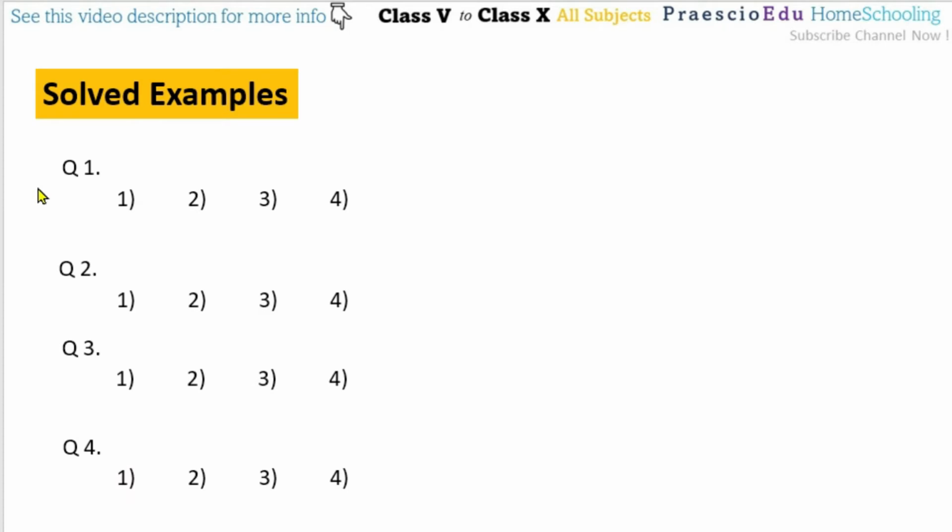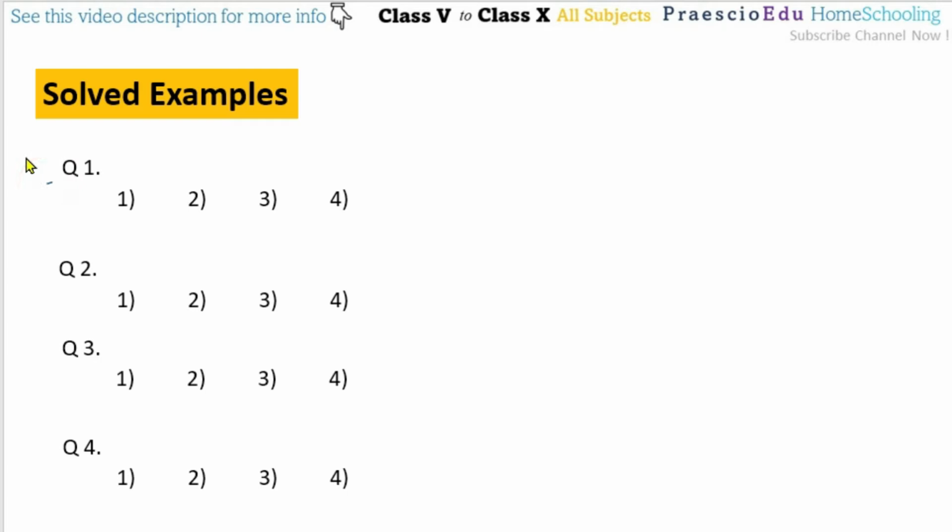Before this one, there is some chart mentioned on the same page. On the top of this one, "Read and Understand" is mentioned above the solved examples. So that information is very important. Without that, you cannot solve any example. Okay, so 1 dozen is equal to 12 papers, then 1 gross is equal to 12 dozen, then 1 quire is equal to 24 papers, 1 quire is equal to 2 dozen papers, then 1 ream is equal to 20 quires, 1 ream is equal to, or we can say, 480 papers. This information is very important, so this has to be remembered, and then we have to solve the examples.